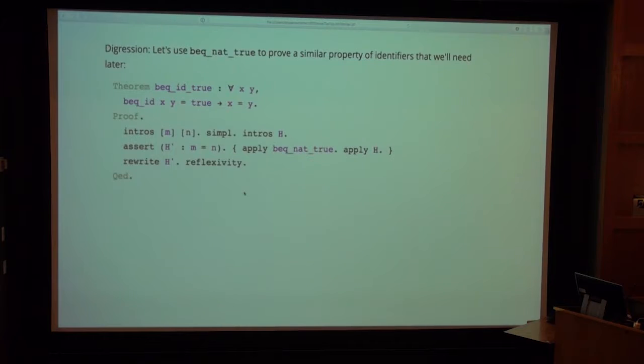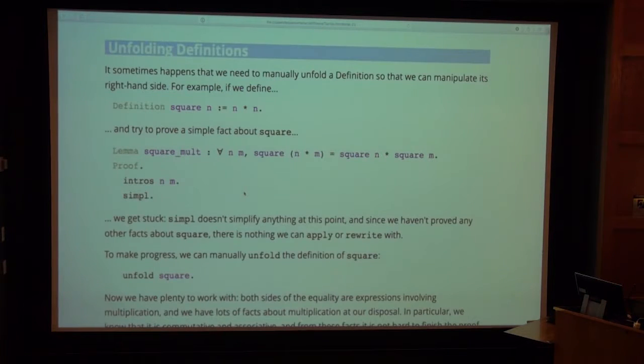Okay. Good. One last thing. Another thing that can happen sometimes that can get a proof stuck is that a definition needs to be unfolded. Coq is already a little bit smart about unfolding definitions, so it will automatically do a bit of unfolding, but it doesn't do very much unfolding. In particular,